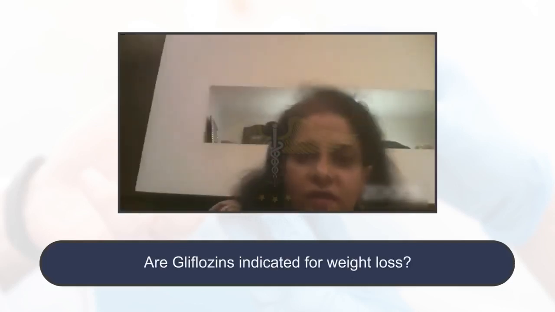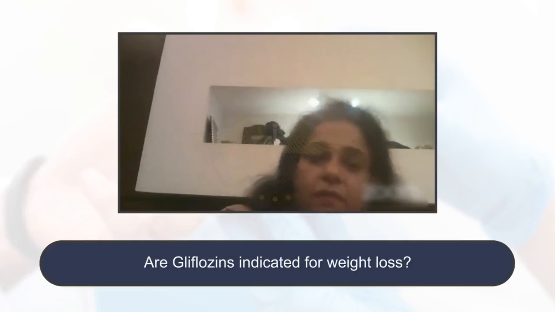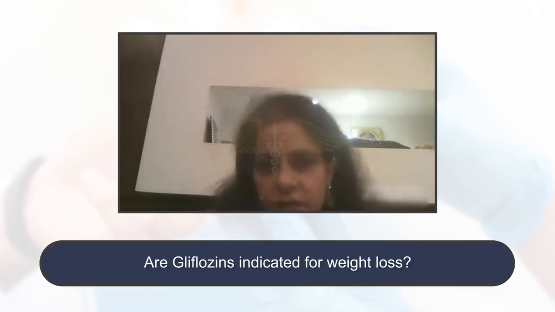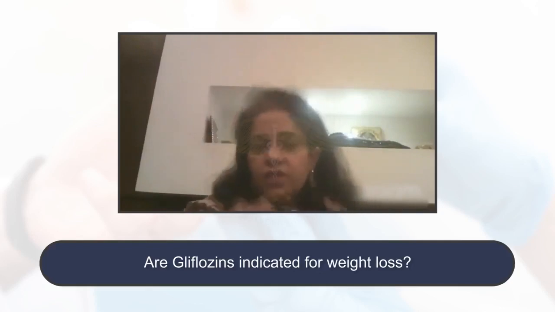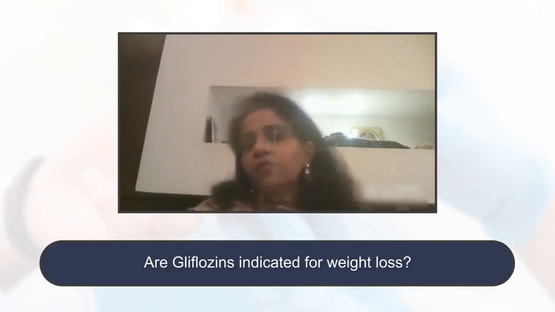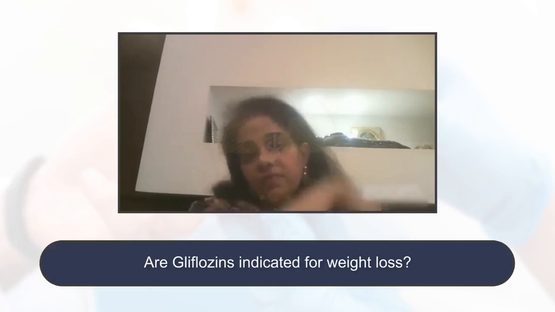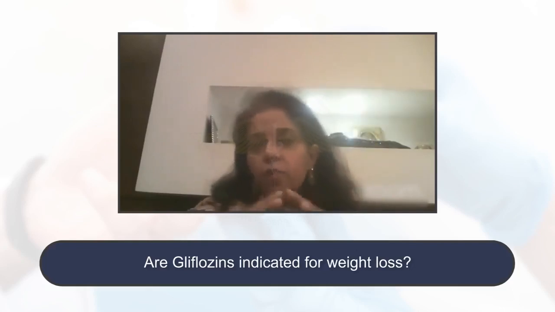So the second question that has been asked is, are gliflozins indicated for weight loss? No, I don't think I would give an SGLT2 inhibitor for somebody, because remember the mechanism of the SGLT2 inhibitor. We believe that in type 2 diabetics, there is upregulation of the SGLT2 receptors. So because of the upregulation of the SGLT2 receptors, the sodium and glucose that is filtered reaches the proximal convoluted tubule, and more sodium and glucose is reabsorbed because of the upregulation. Now, this happens in diabetic people, that there is upregulation of sodium glucose co-transporters, more sodium and glucose is reabsorbed, more glucose then via the receptors reaches the circulation, and the higher the sugar, the more is the reabsorption.